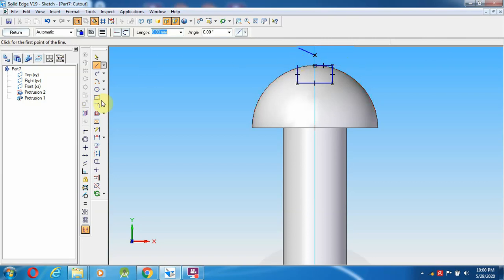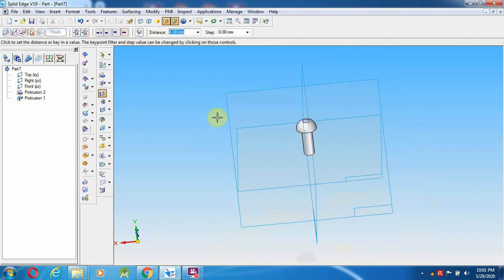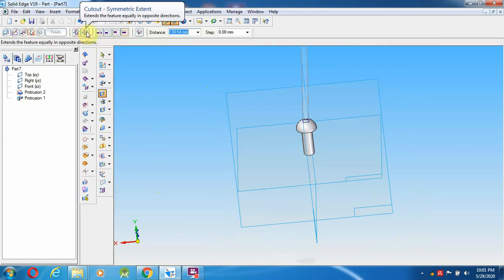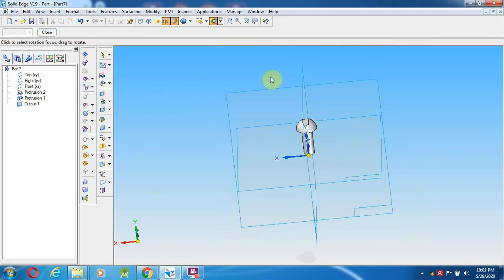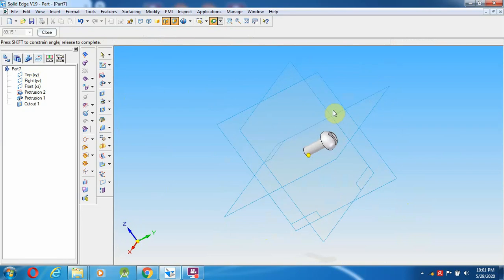Now going to give extend to next, then trim, give return. Now this return I have to give on both sides, symmetry, extend both sides. So rotate and see over here.